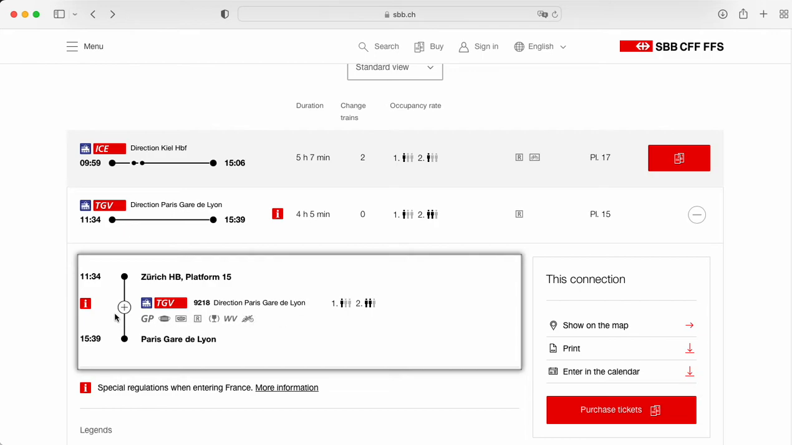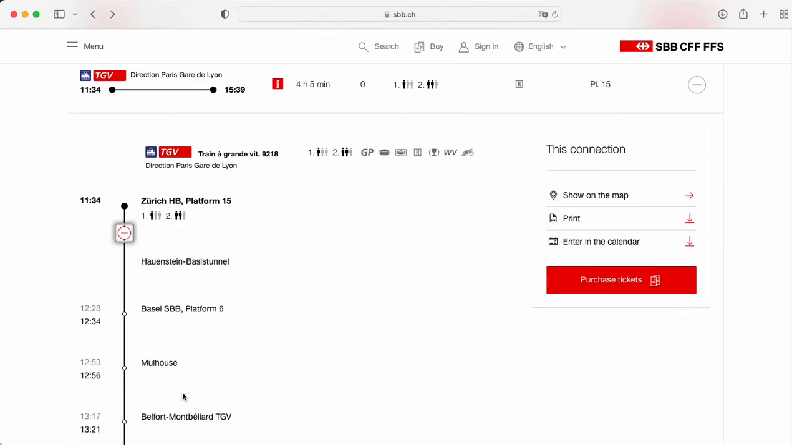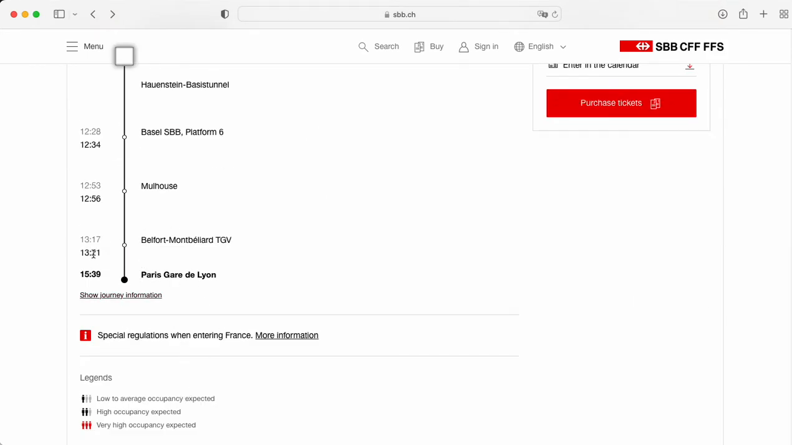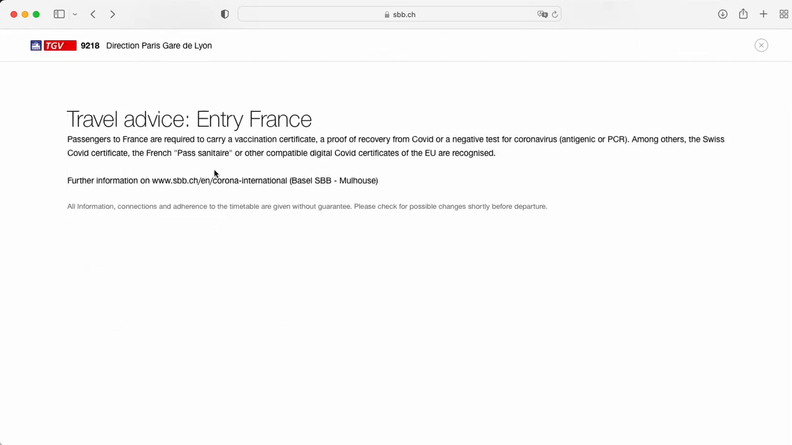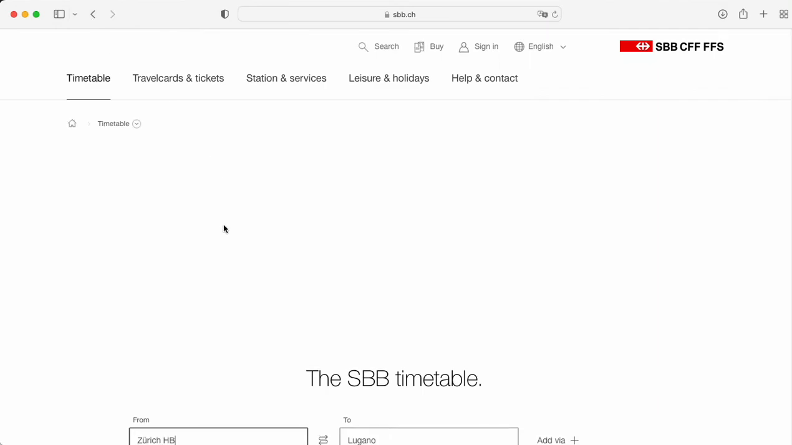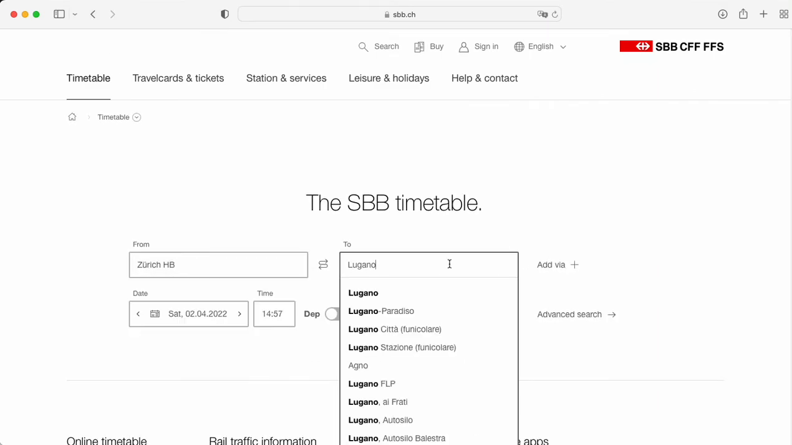So you can see here the details, where you go through, and the different times. And also see information about the special regulations. With COVID, this was really helpful. So you can see more information about this, the travel advisory, what you need to do, and it makes it pretty easy all in one place. So let's go back